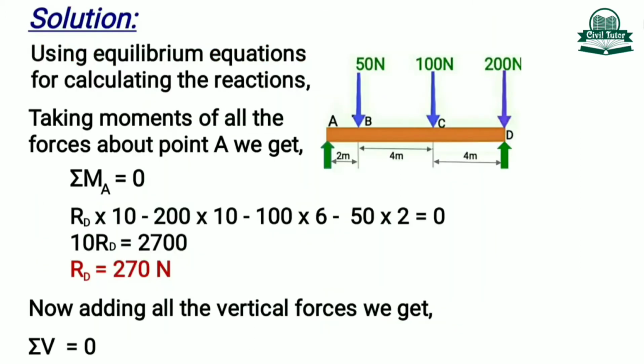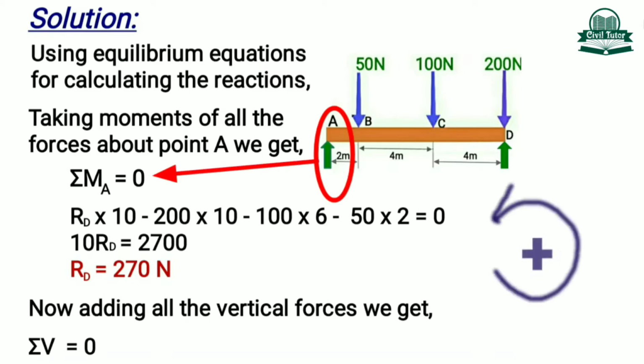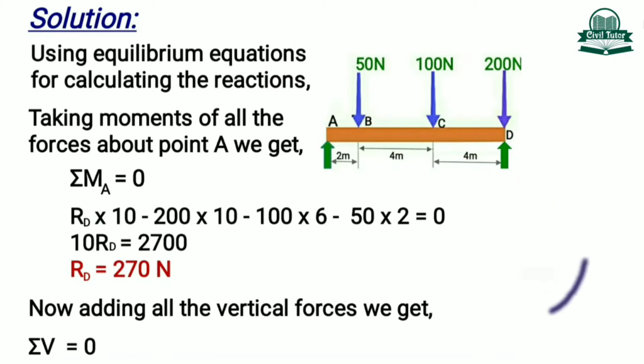First of all, we need to calculate the support reactions at points A and D. For that, we will be using equilibrium equations. So we will take moments of all the forces about point A and equate that to 0. And let's assume all the anticlockwise moments to be positive and all the clockwise moments to be negative about point